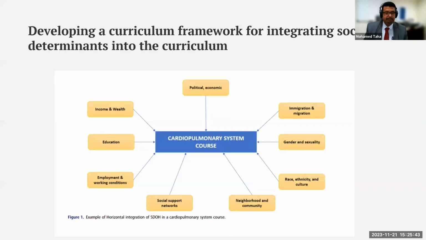evidence that the integration of social determinants of health in this course is well implemented. As a framework for integrating social determinants of health, we can consider horizontal integration, as seen here in this image in a cardiopulmonary system course. And how can immigration, migration, gender and sexuality, race, ethnicity, neighborhood and community, social support networks, employment, working conditions,